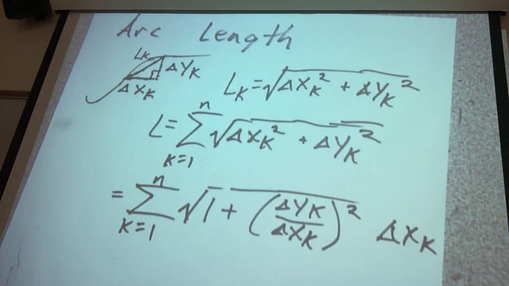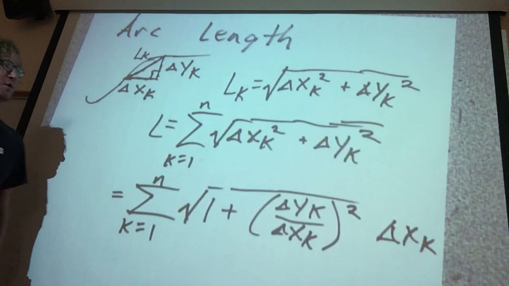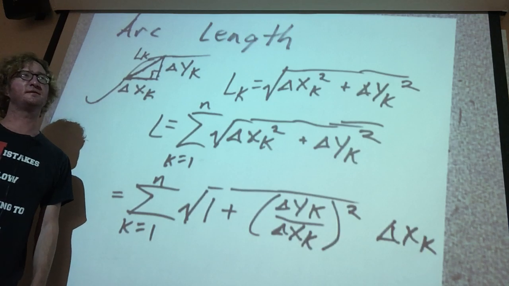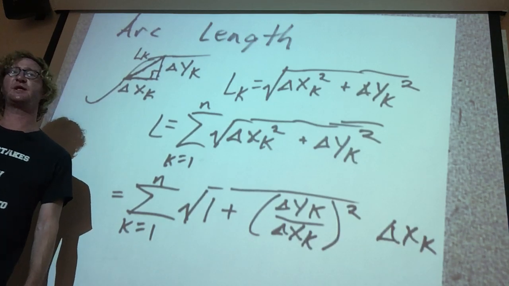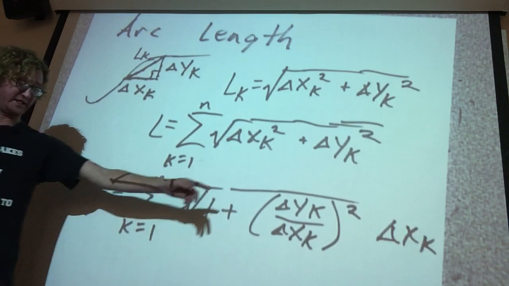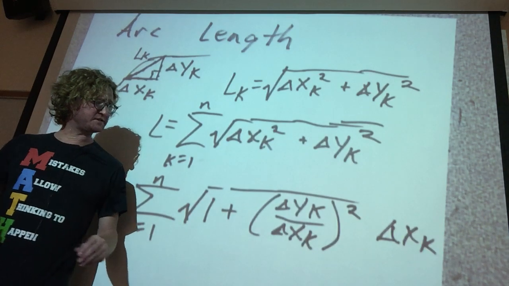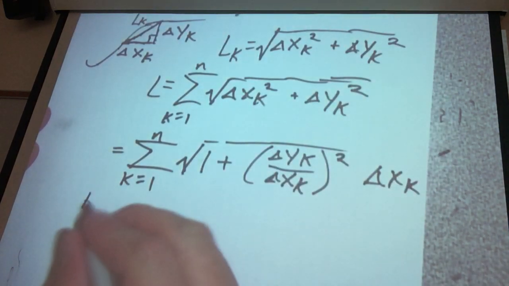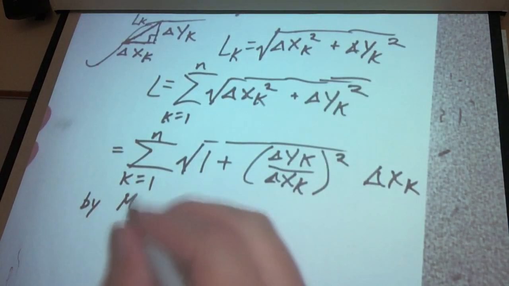And so, from this point of the problem, what we're going to use is actually the mean value theorem, okay? So the mean value theorem states that there exists a c such that f prime of c is going to equal f of b minus f of a divided by b minus a. And so that's the change in y divided by the change in x. And so what we can say is that by the mean value theorem,